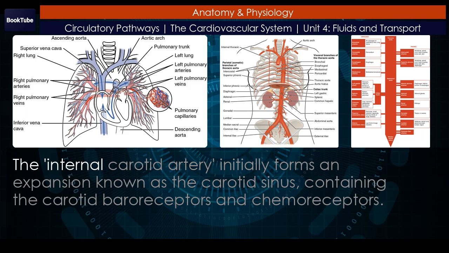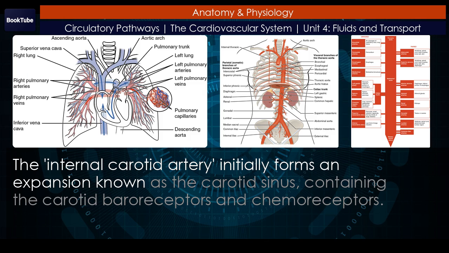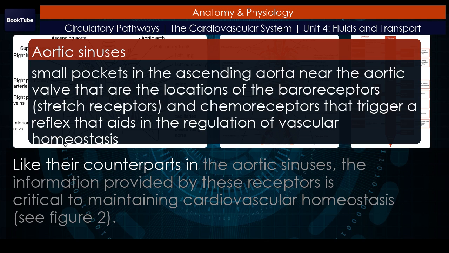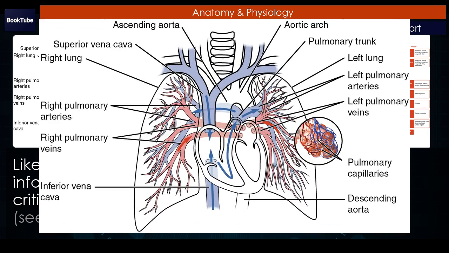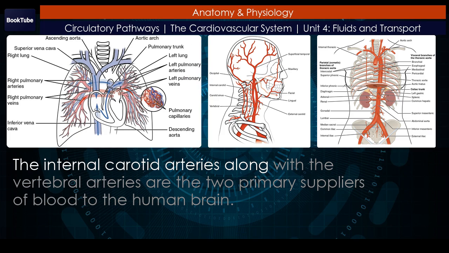The internal carotid artery initially forms an expansion known as the carotid sinus, containing the carotid baroreceptors and chemoreceptors. Like their counterparts in the aortic sinuses, the information provided by these receptors is critical to maintaining cardiovascular homeostasis. See Figure 2. The internal carotid arteries along with the vertebral arteries are the two primary suppliers of blood to